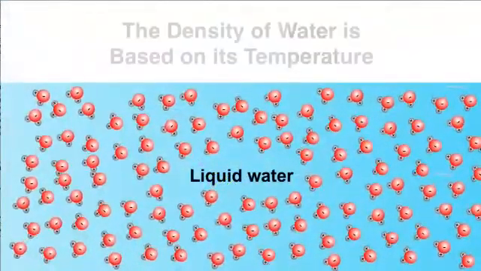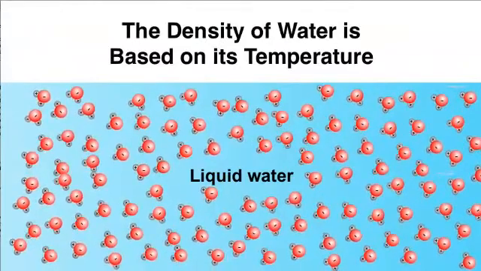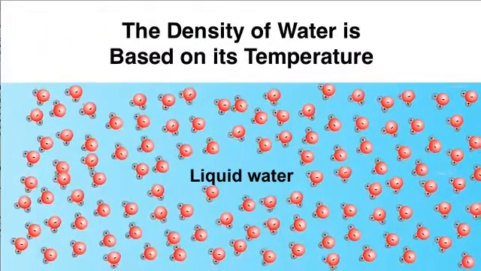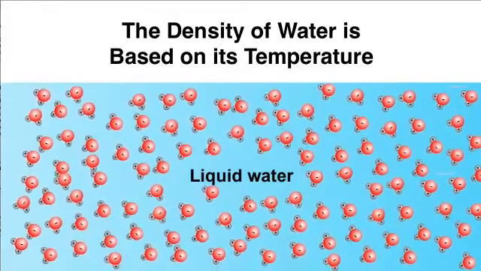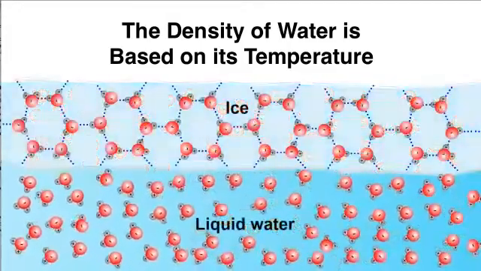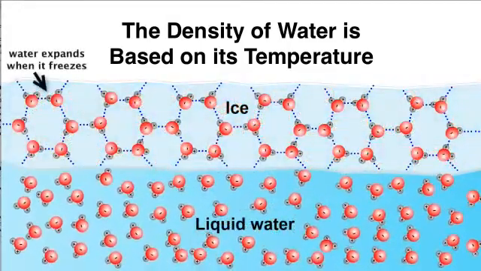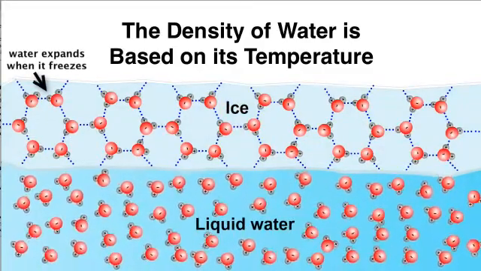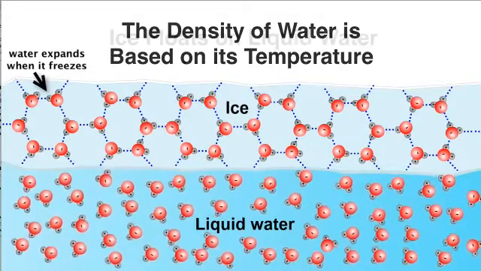And finally, the density of water is based on its temperature. Unlike many other compounds which contract when they freeze, the configuration of the hydrogen bonds in water causes it to expand when it freezes. This expansion causes ice to have a lower density than liquid water, and therefore ice floats